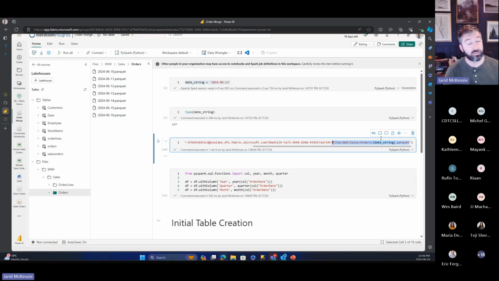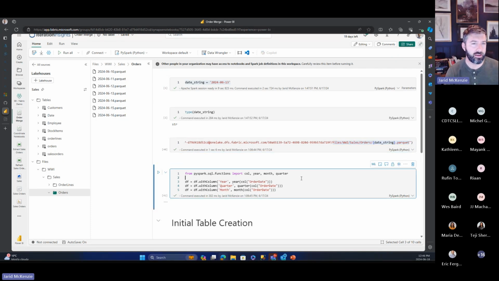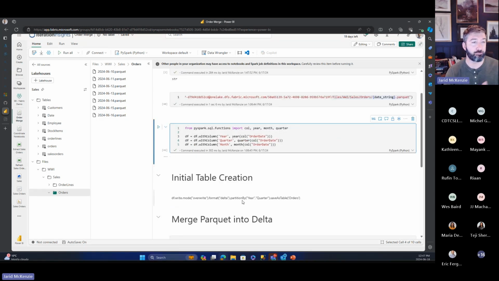It allows us to dynamically load any one of these Parquet files that I want, and then I integrate that file. In my next code cell, I'm adding a couple of columns: the year, the quarter and the month. A little further down, we actually partition these files. A Delta file, in order to be performant, partitions the underlying data set. So when I query this based off of the year or the quarter in this case,